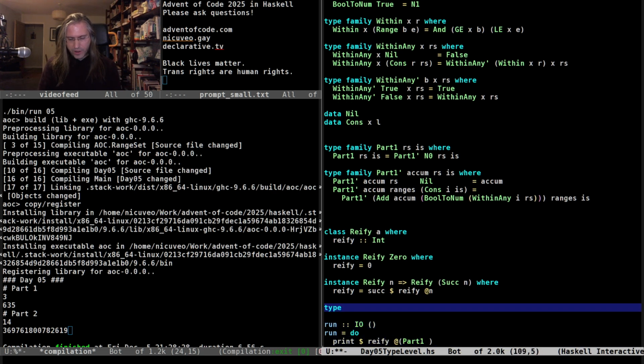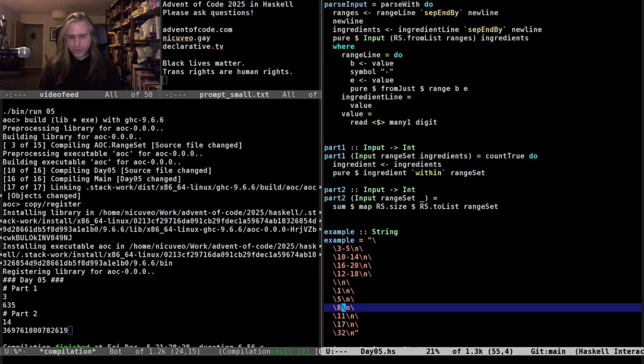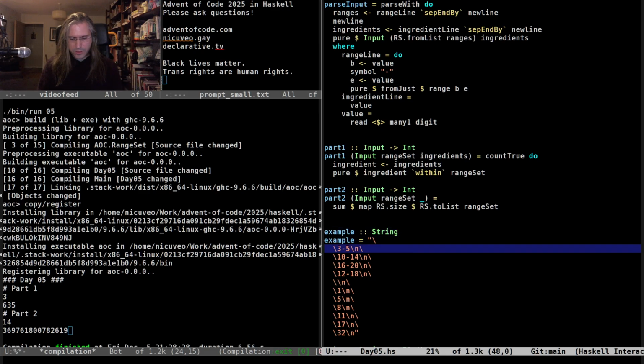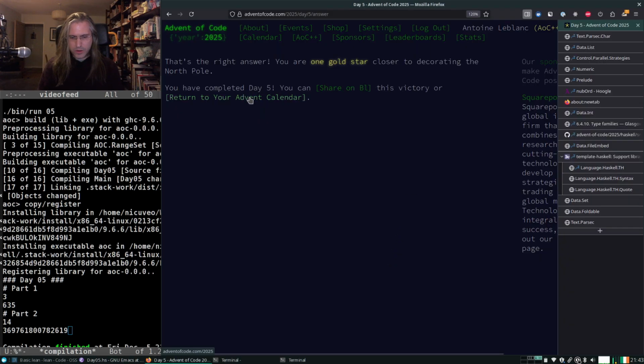So we're going to have our example ranges, and we're gonna have our type, which is going to be our example ingredients, which I'm gonna copy from the actual thing, so it looks like this. Oh, this is gonna be annoying to copy. Let's